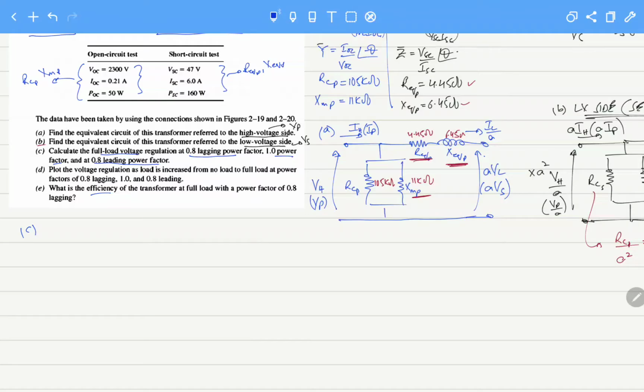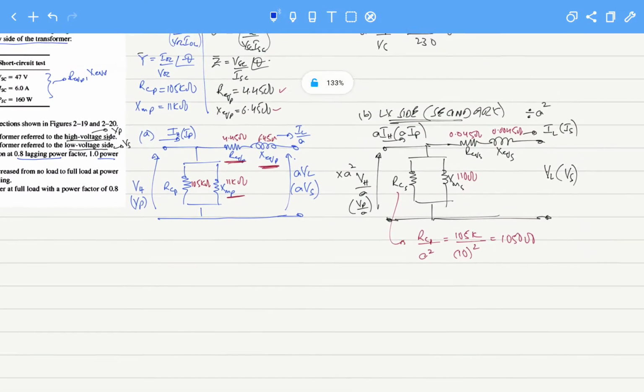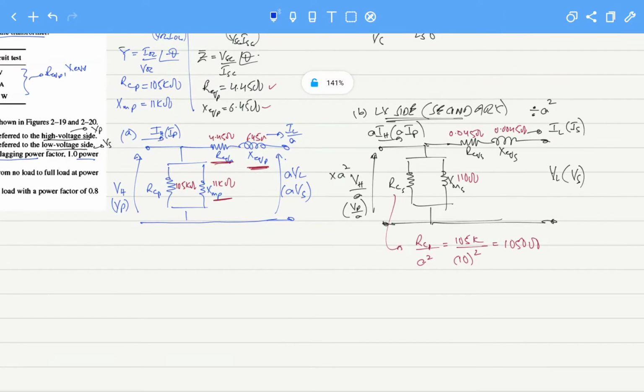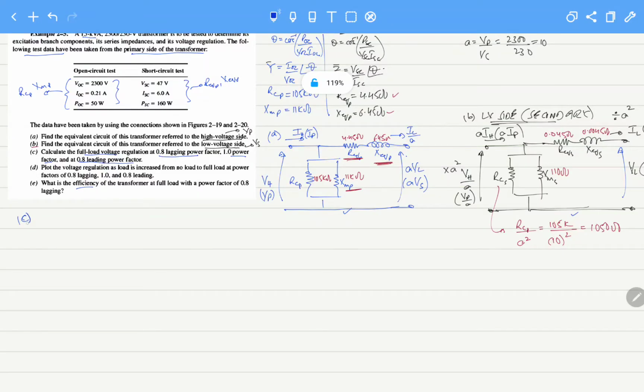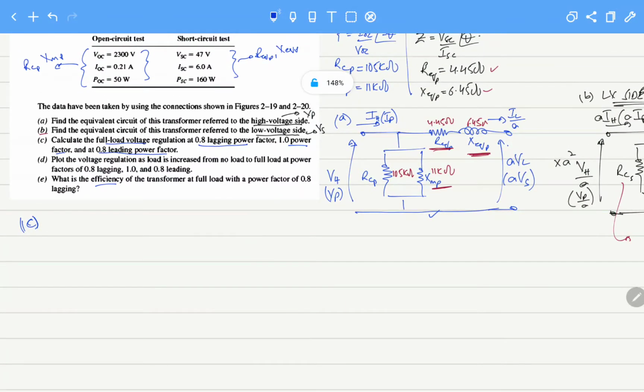So let's first determine, and as we have seen previously, we can either use this circuit to calculate voltage regulation or this circuit to calculate voltage regulation. Let's use this circuit to calculate the voltage regulation. First of all, we have to determine the full load status for our circuit, and S is equal to 15 kVA, that is 15,000 VA. So we can calculate the full load current. I full load will be equal to the rated power